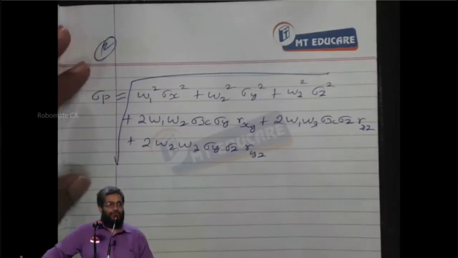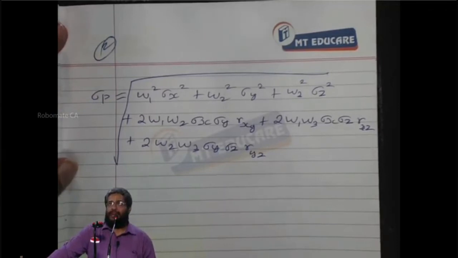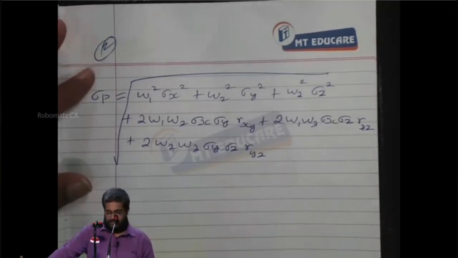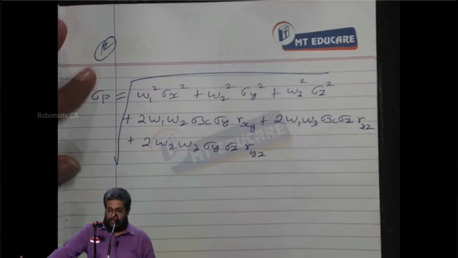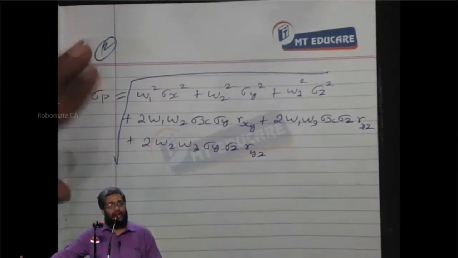Sigma P is equal to W1 square sigma x square plus W2 square sigma y square plus W3 square sigma z square plus